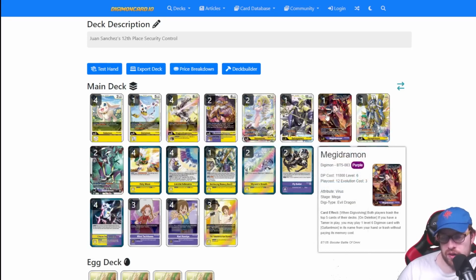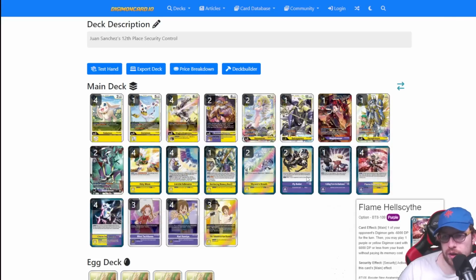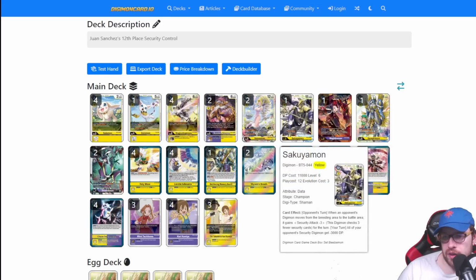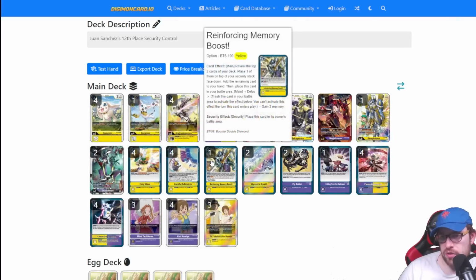And just with the fact that you can mill your own stuff, which sometimes you do want stuff in the trash, so you can use Flame Hell Scythe with it is good. And it's just a really interesting card, and I like the idea for it too. Sakuyamon as well, being able to prevent things being pushed up and attacking, which still kind of happens a little bit in this meta as well, especially in something like Impmon, which can push up and then go up your chain all the way. And yeah, I don't think security control is as good because